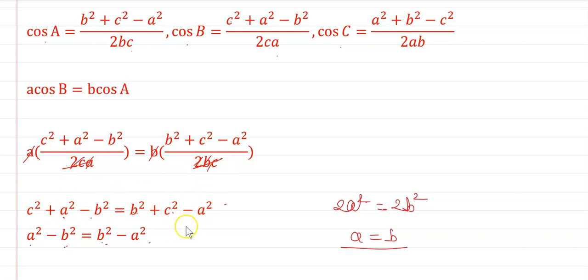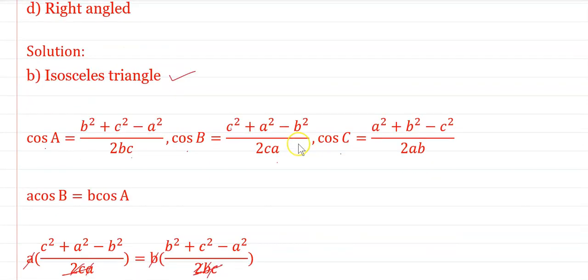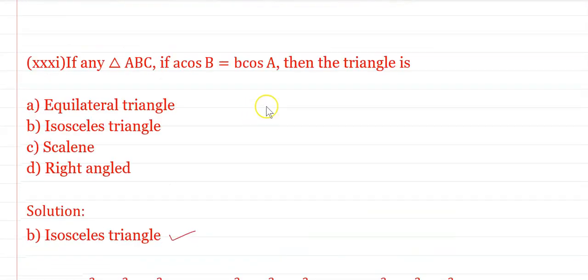Okay, now the next, c square on both sides gets cancelled, and again if you simplify this, you will get 2a square is equals to 2b square. Taking the positive square root, you will get a is equals to b, and hence the triangle is an isosceles triangle. And in this way, what type of multiple choice questions will be asked in the board examination for